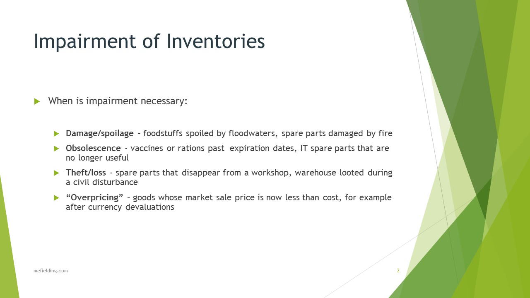Right, so slide number 2, as you can all read as well as I can, is impairment of inventories. This happens in the situation when you have in your books and records inventory. So in your financial statements, you've got usually opening inventory. That opening inventory obviously has a value. If it's for sale, it will be the lower of cost or realisable value. If it's not for sale, then it will be the lower of cost or replacement cost. And that value is too high for some reason.